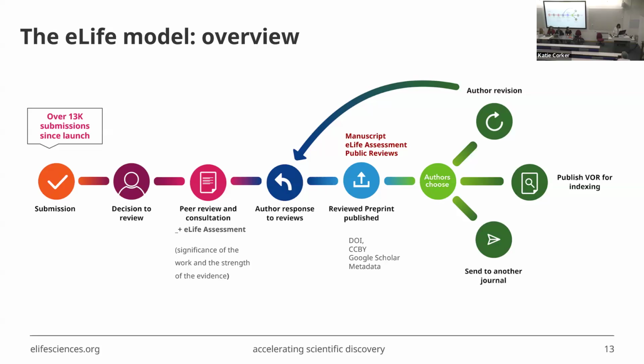The author is given a chance to respond to the reviews, and then a reviewed preprint is published. The reviewed preprint contains the preprint, i.e. the manuscript, the eLife assessment, and public reviews. This is published as an output in itself. It has a DOI, a CC BY license, and it's indexed in places like Google Scholar and OpenAlex. It has rich metadata. Some authors choose to leave it as a reviewed preprint, but authors are given the choice to